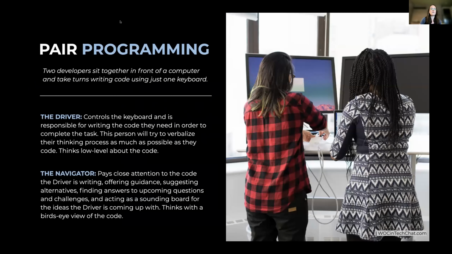So essentially the idea behind it is that two developers work on the same code base using just one keyboard. The individuals will usually take on one of two roles, the driver or the navigator. The driver is the individual controlling the keyboard, doing the low-level thinking about the code, actually putting the code into place. The navigator pays close attention to what the driver is doing and offers suggestions or ideas from more of